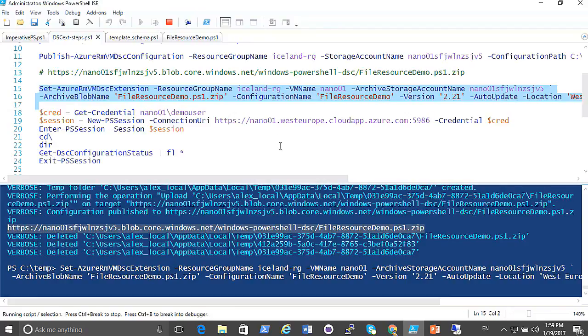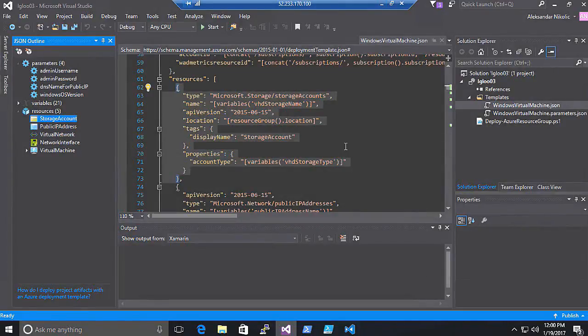So after that, what I can do is connect. The machine that I'm using for this example is a Nano server that I created initially with the ARM template, but that ARM template didn't contain a DSC extension part in it. So I'm using a Nano that was created with the ARM template, but without any configuration. And while we are waiting for it, let me show you how that same experience works here in